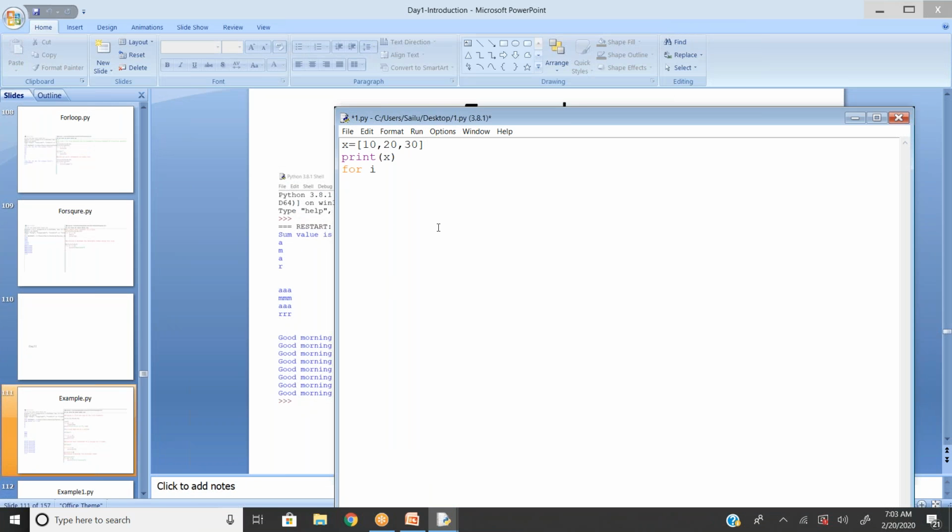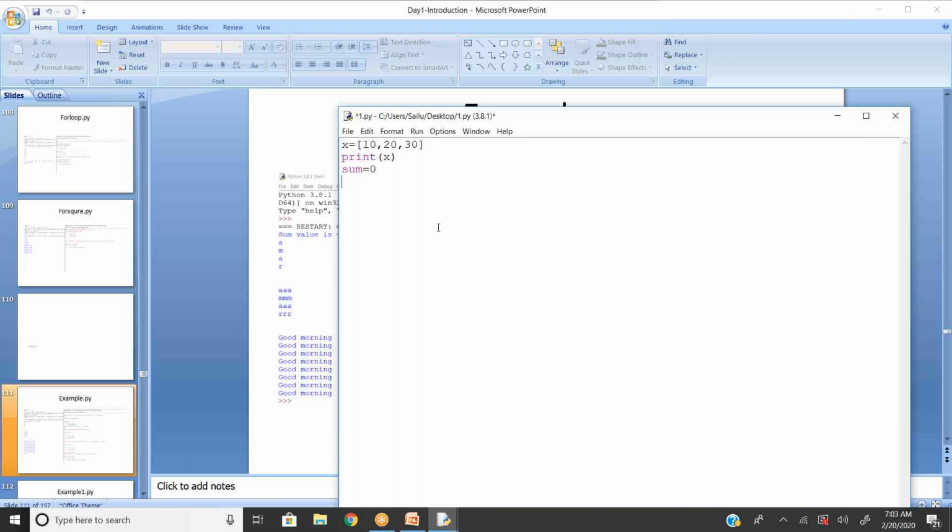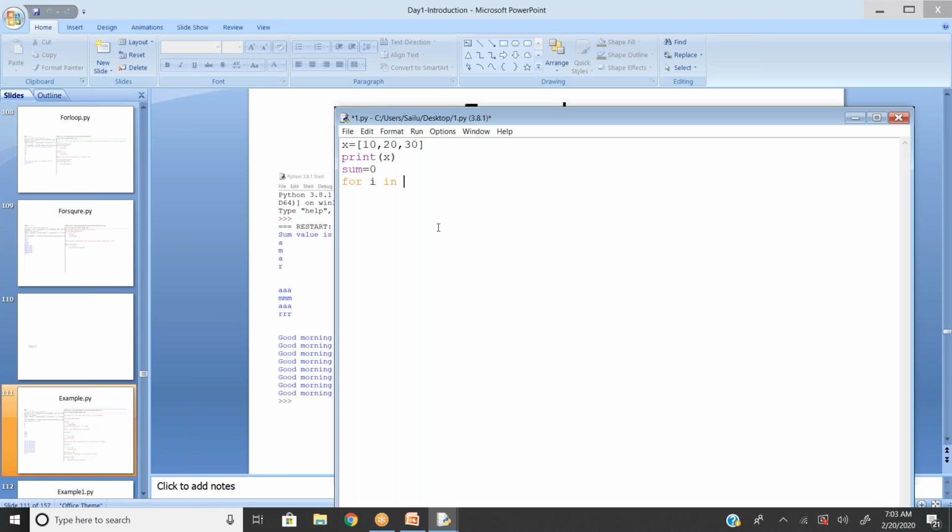For example, sum equal to 0, since I need to define a variable, then for i in x, sum equal to sum plus i. Now print sum.